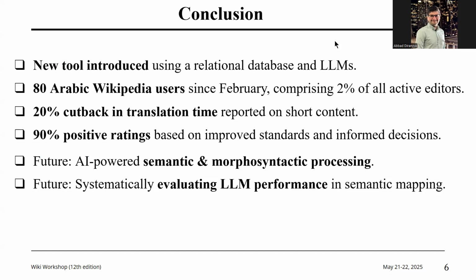According to the self-reported results of these users in our survey, they have saved almost 20% of the time they need to translate a short article of about 100 words on Wikipedia by using our tool, and we have seen